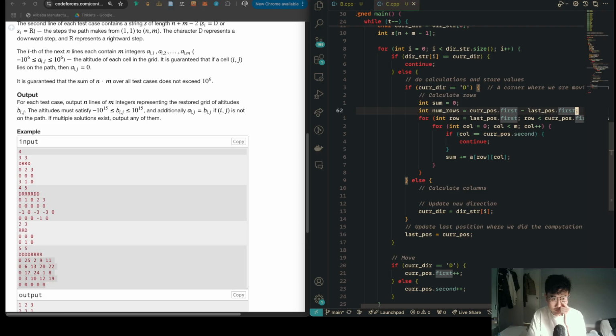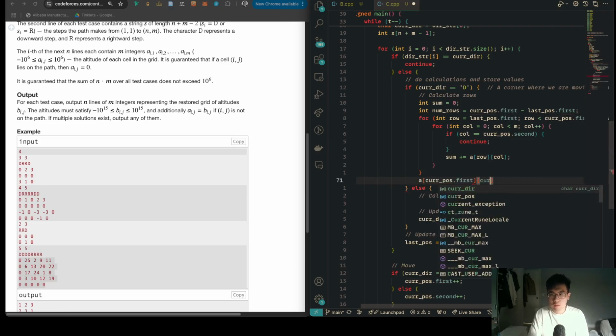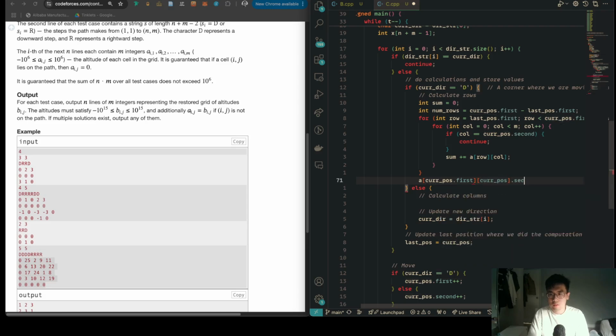So we go down 0, 1, 2, there are 2 num rows, and then we're going to do a at curve pause dot first, curve pause dot second equals,